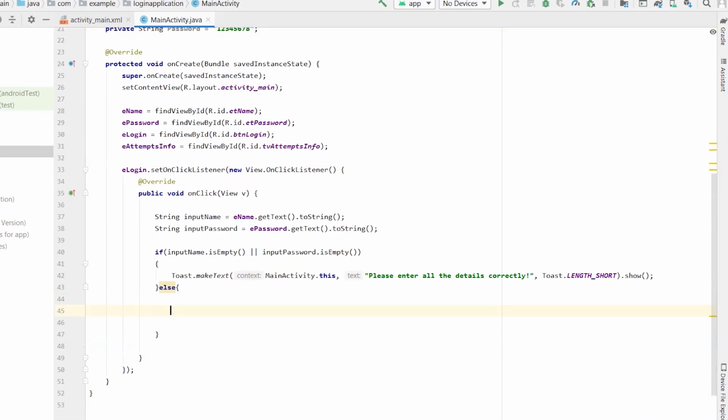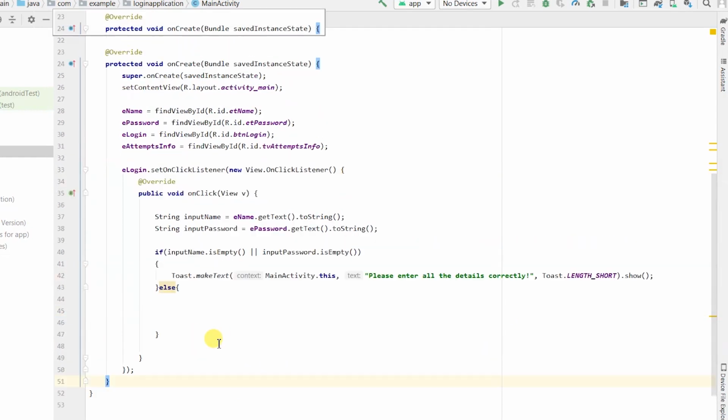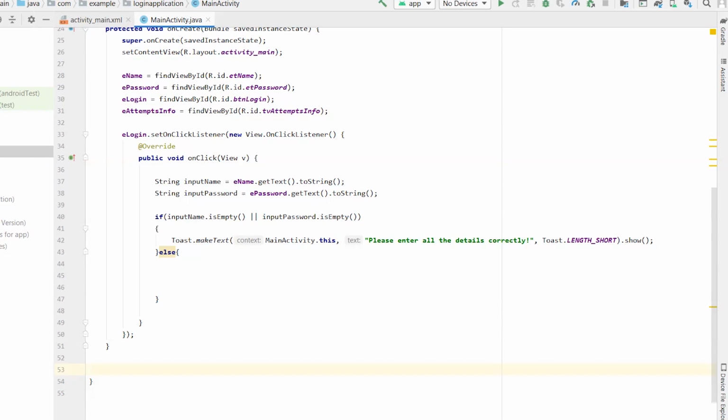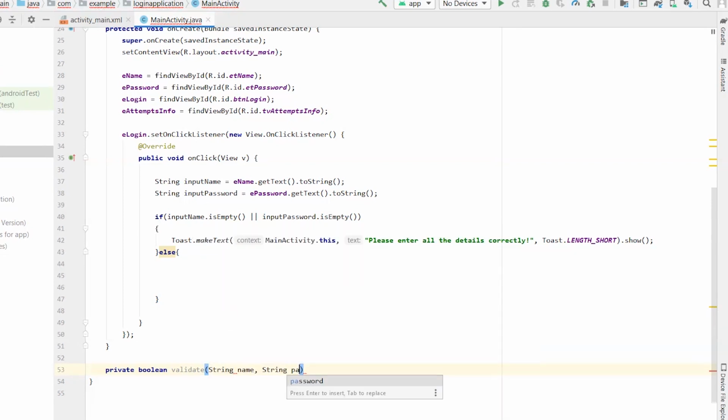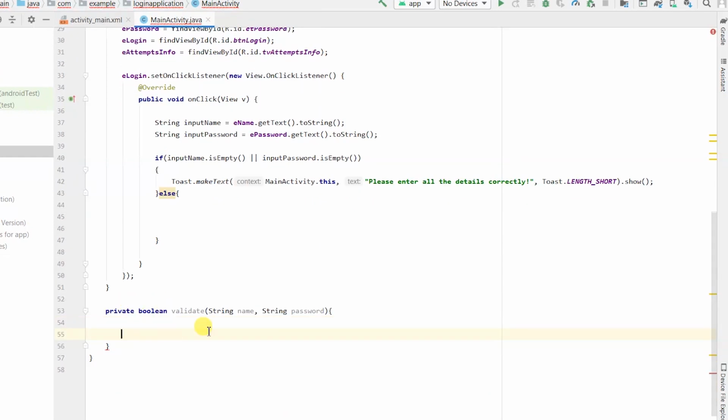Okay, so how do you validate it, right? The easiest way to do that is create a function which does that, because you can organize stuff in a very neat way when you write code. It is more readable. So create a function, and since it returns true or false, so if the credentials are right, you return true, or else false. So it's very simple. Use boolean, and then we'll name this function validate, and it takes two inputs, string name and string password, and then you'll need to define how this logic works, right? So inside here,